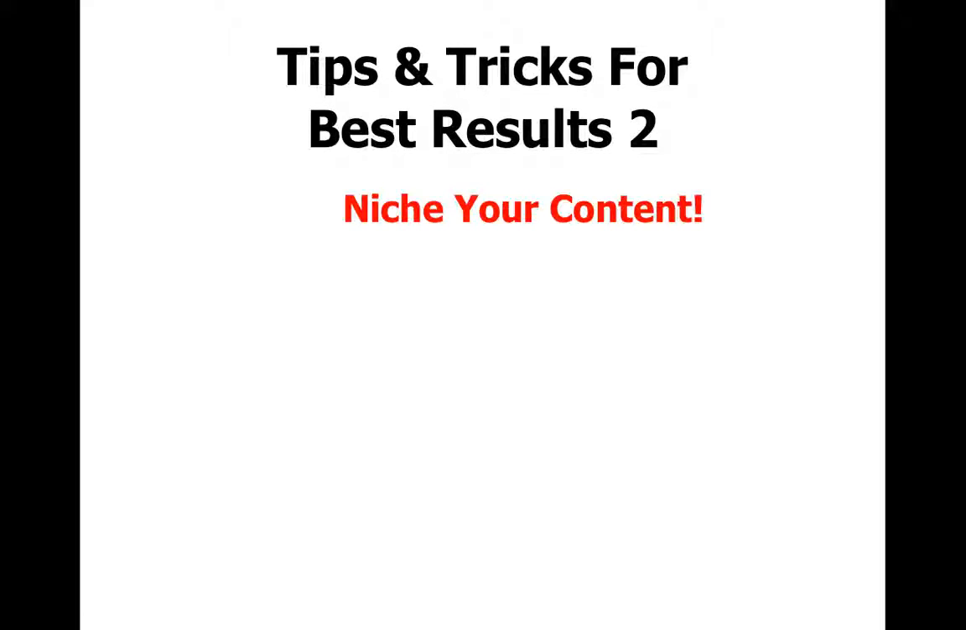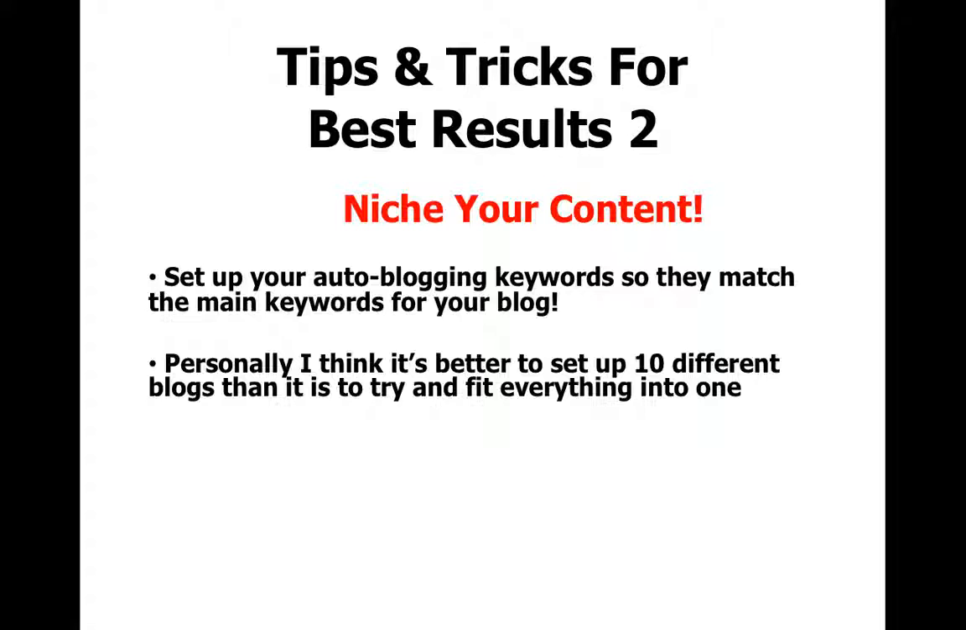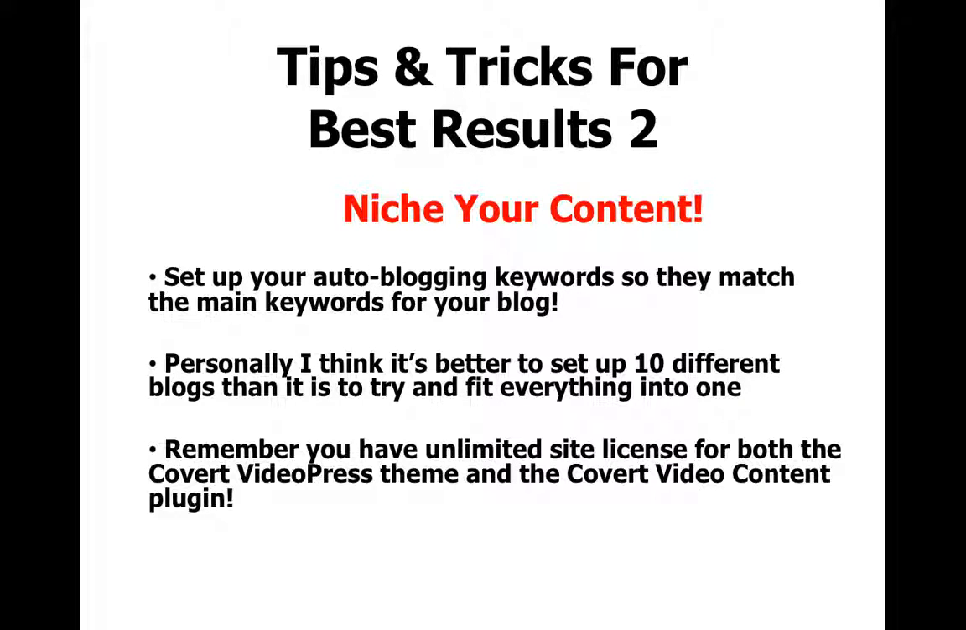More tips and tricks for best results. Niche your content. And that means set up your auto blogging keywords so they match the main keywords for your blog, and try not to go too broad and have too much on your blog. It's much better to build 10 blogs on 10 different topics than it is to get everything into one blog, as I say there. And remember that you have unlimited site license for both the Covert Video Press theme and